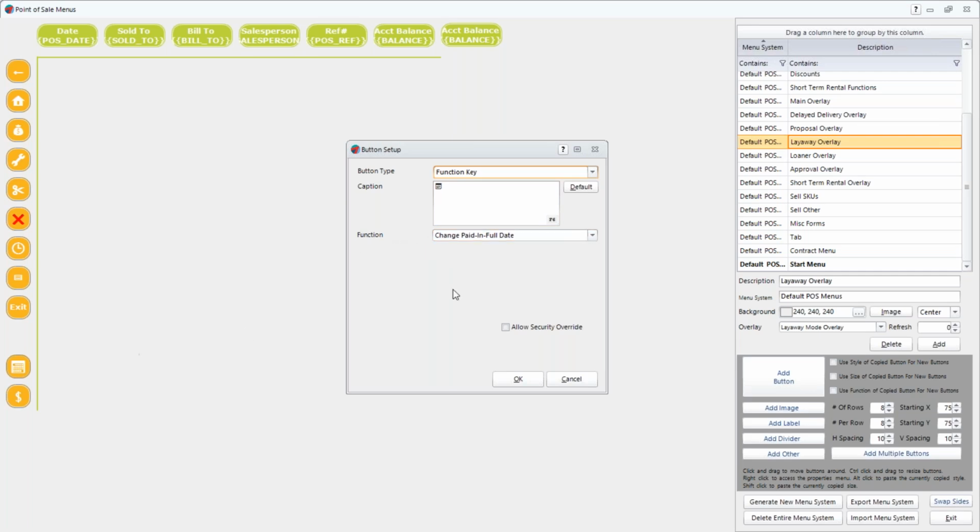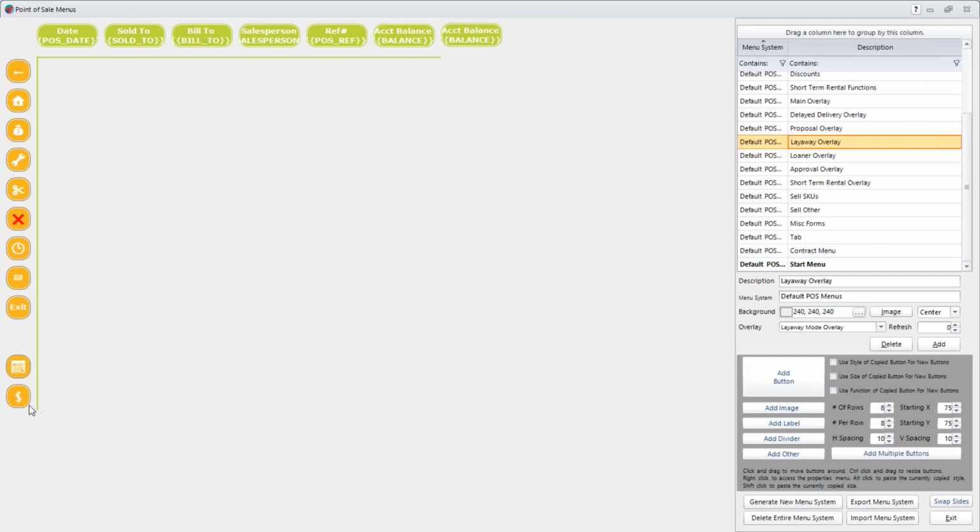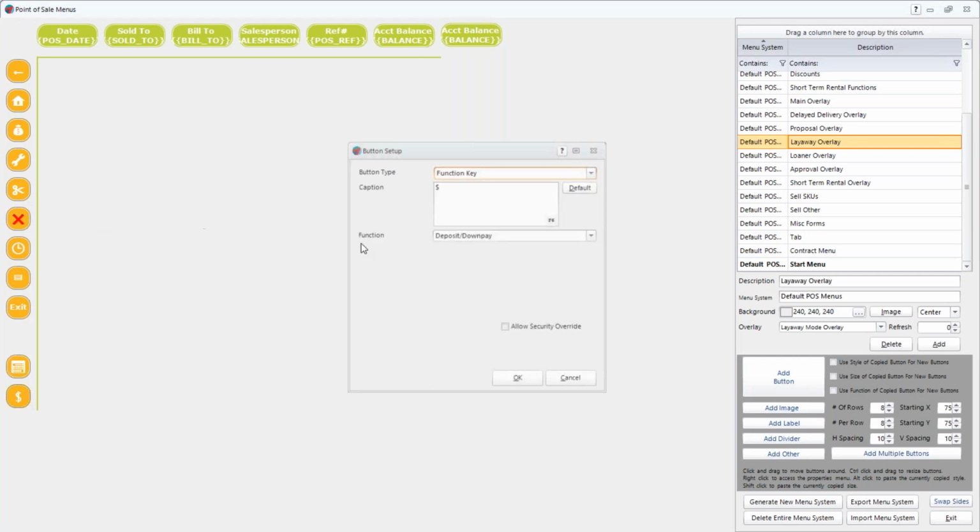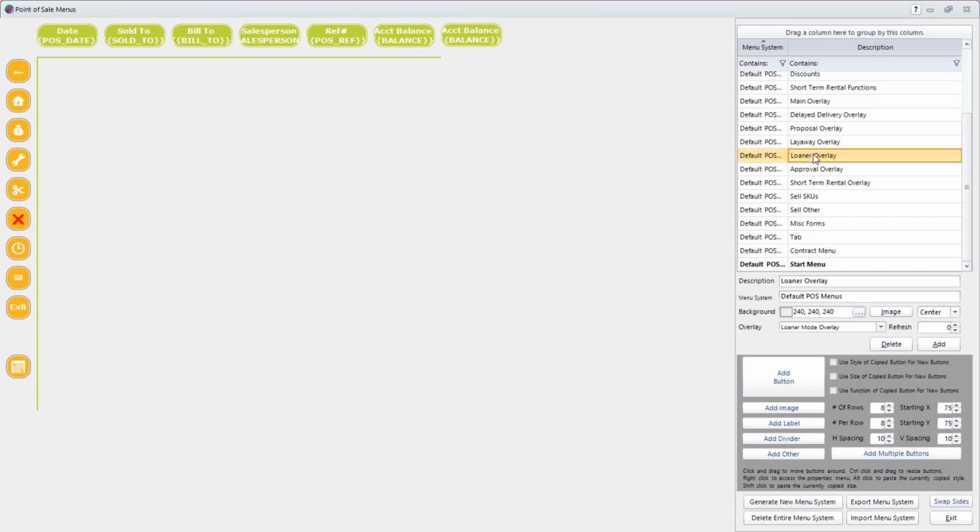And by having this button set up, this allows me to click on that to change the date it needs to be paid off by. Likewise, there's another button that allows me to specify the amount of the down payment I'm taking. So every mode has an accompanying overlay, which can have special buttons that are in play when you are within